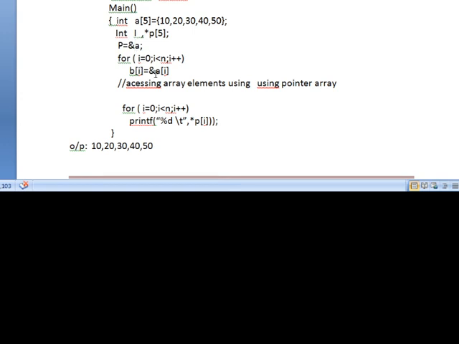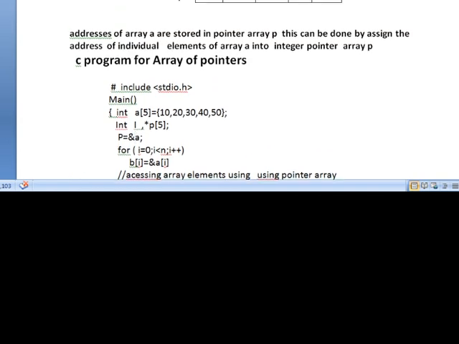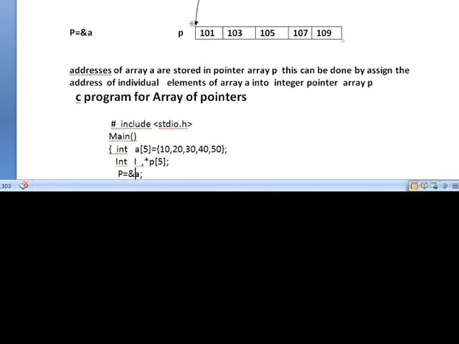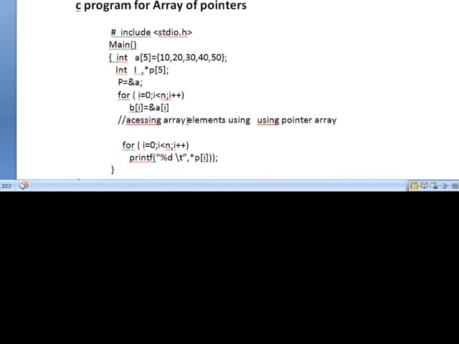When i is 1, the address of A of 1 is stored in P of 1. Similarly, when i equals 2, the address of A of 2 is stored in P of 2, and so on.